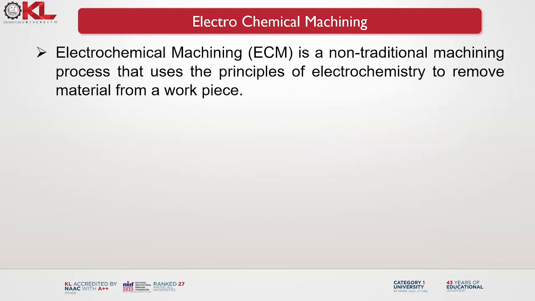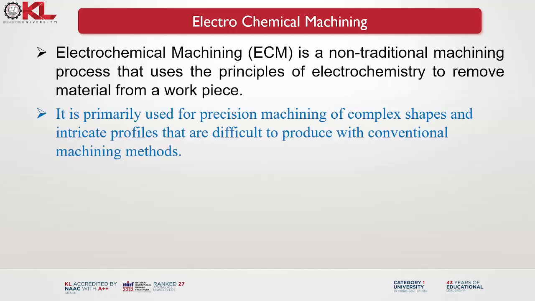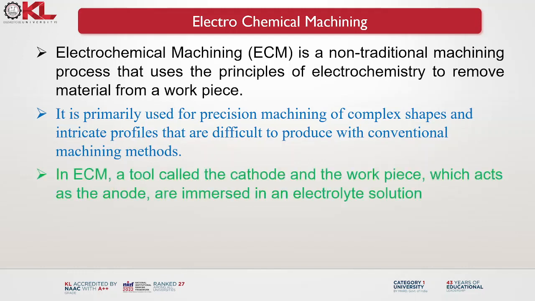Electrochemical machining is a non-traditional machining process that uses the principles of electrochemistry to remove material from a workpiece. It is primarily used for precision machining of complex shapes and intricate profiles that are difficult to produce with conventional machining methods. In ECM, a tool called the cathode and the workpiece, which acts as an anode, are immersed in